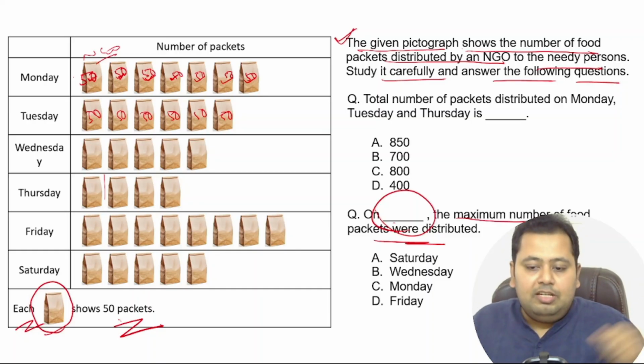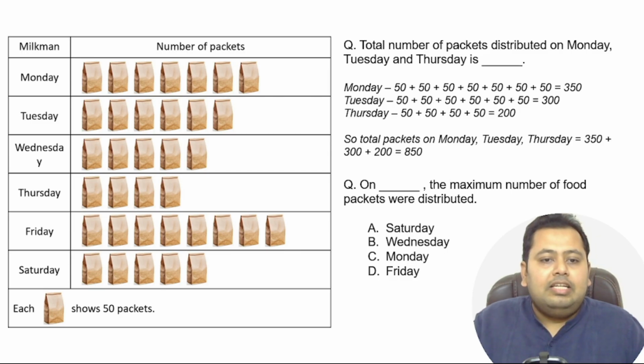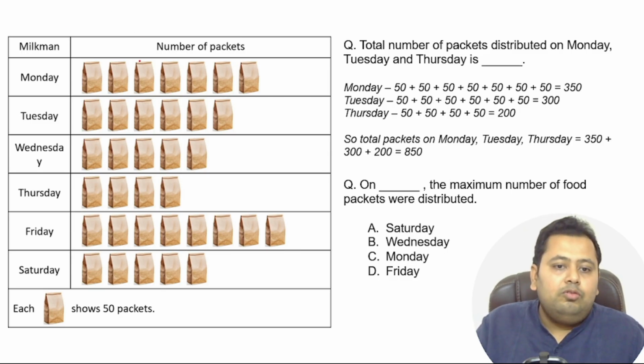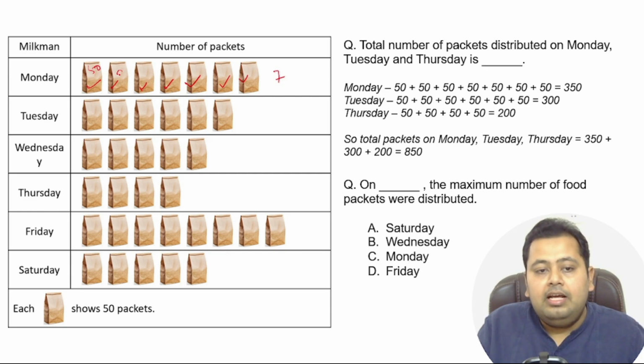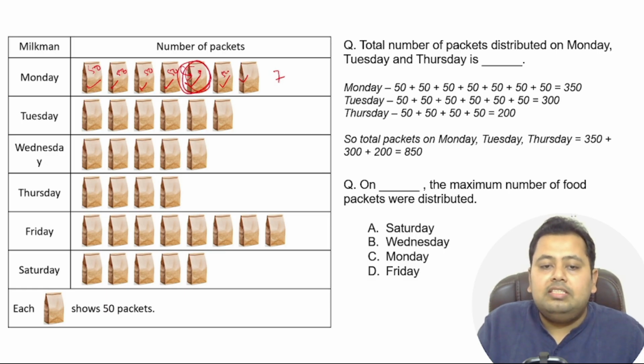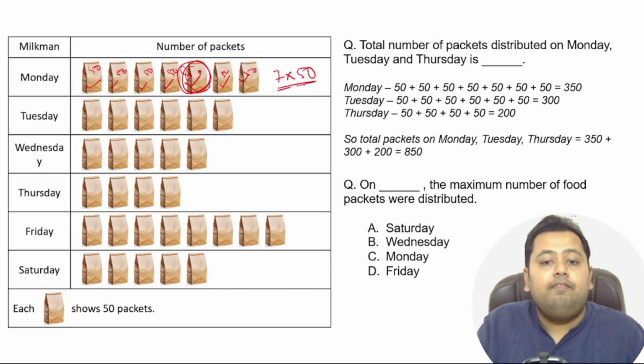Correct. So let's go to the solution now. So as I said, either you do a multiplication saying that these are 7 packet images that represent 50 packets each. It's like there are 50 packets inside a single picture, right? So these are 50 packets. So either you do 7 multiplied by 50 if you are aware of multiplication, or what you can do is